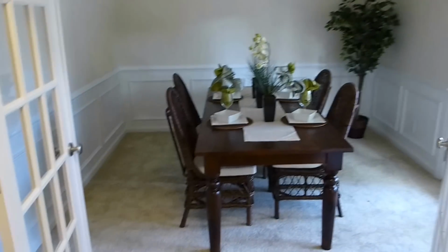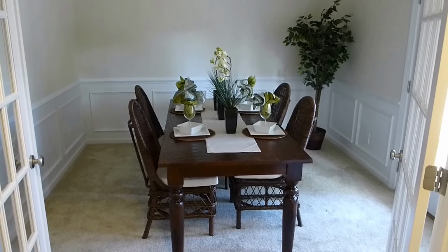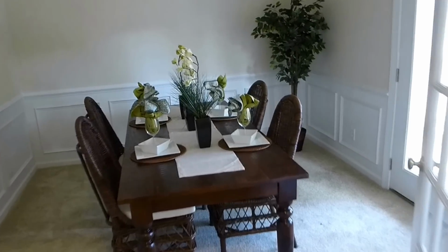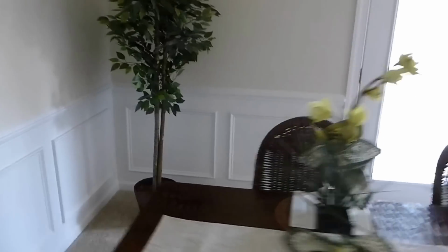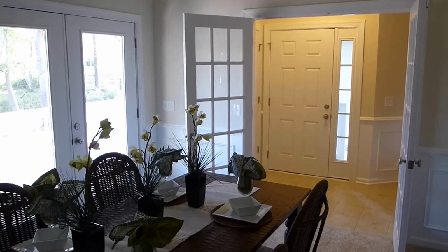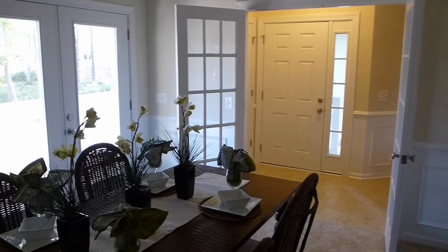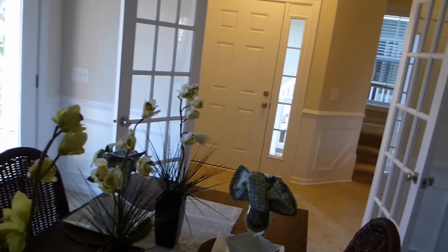But when we come into the front door, immediately we open up to the dining room. Kind of a formal floor plan. As you can see, it's kind of a traditional architecture. I don't know that I would call it a Charleston architecture, but it clearly is kind of a traditional townhouse type of architecture. The kind of thing that a lot of people like. They like the warm look, the retro look, the historic look, if you will. And this home would seem to have that. Then you have this